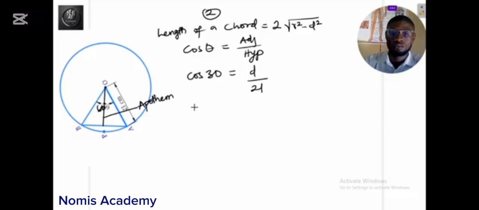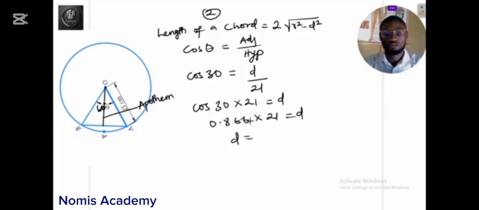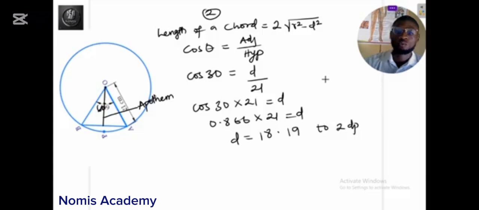So cos 30 multiplied by 21 is equal to D. Cos 30 is 0.866, multiplied by 21 is equal to D. So D is equal to 18.19, approximately to 2 decimal places. Now we can calculate the chord. So the chord now says